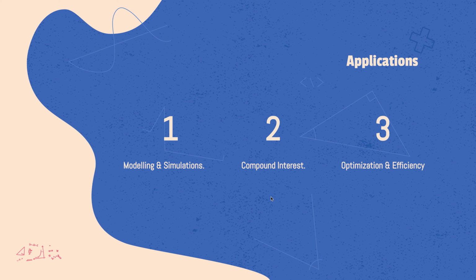The third one is optimization and efficiency. This is similar to modeling and simulations, but functions help you find the optimal way or optimal path to achieve a process. For example, if you want to find the best shape in order to hold, let's say, 1 liter of liquid, you could make a function which models different sizes of containers, and then you can differentiate it, a process which would come later, and you can find the optimal size wherein you would use the least amount of material, but you would maximize on the amount of liquid it can hold.